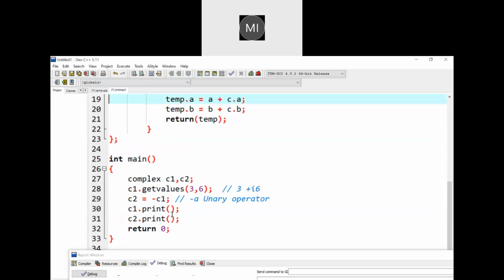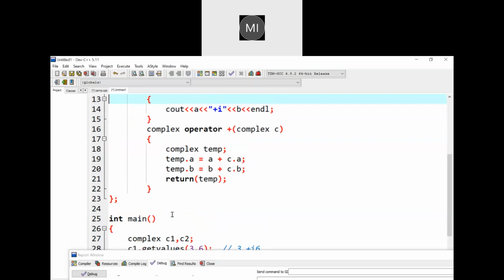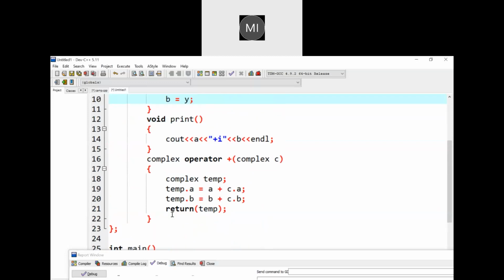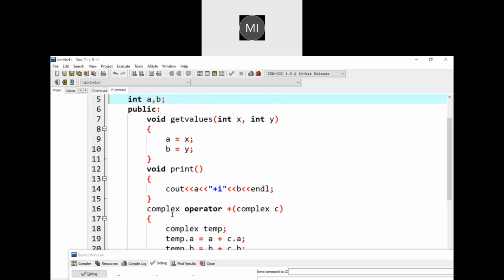So here, as I said, I perform negation on the C1 number, and the result I'm storing in C2. So I'll just print C1 as well as C2, right? For that, again, in this operation, as I said, it's a negation operation. I mean, it's a unary minus operator, right? So in the unary minus operator, what you have to do here is, instead of plus, you have